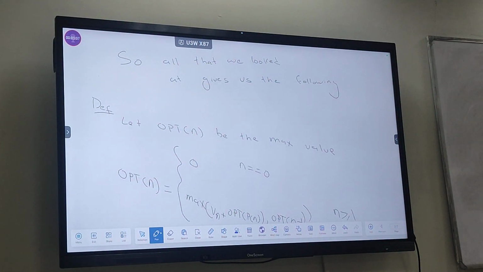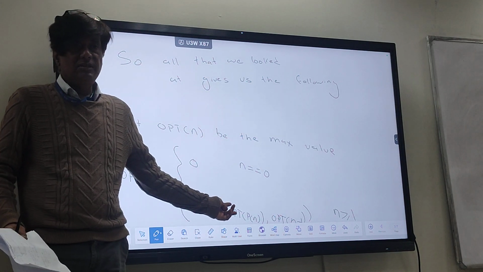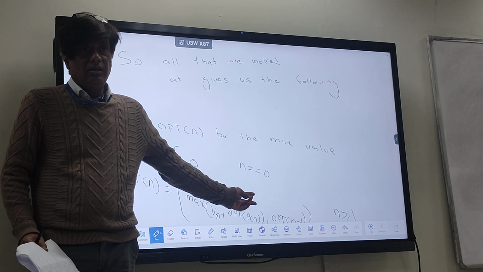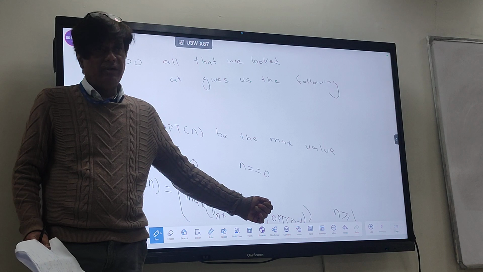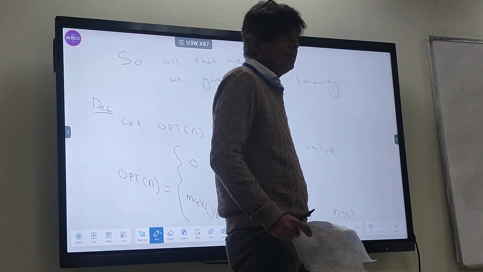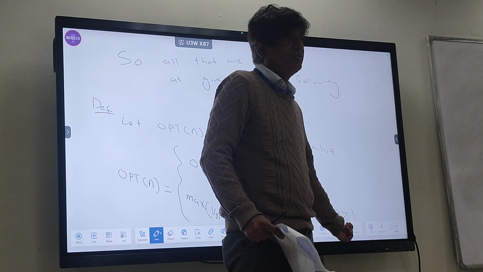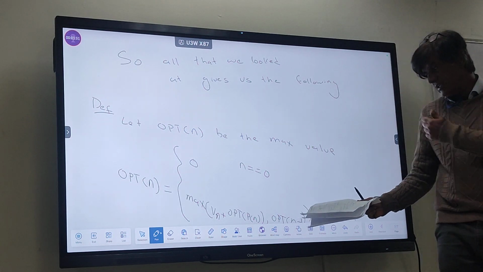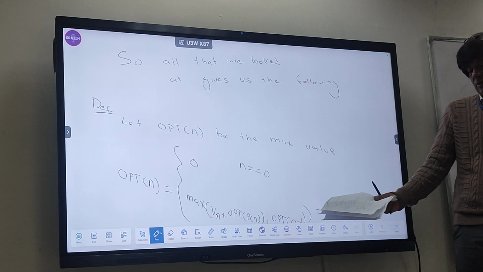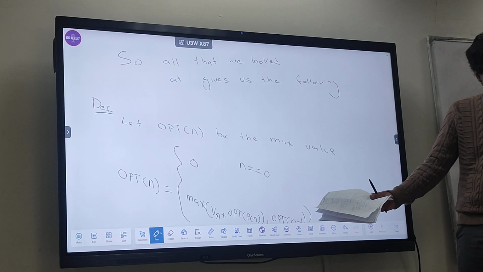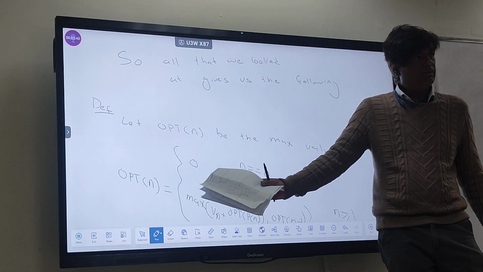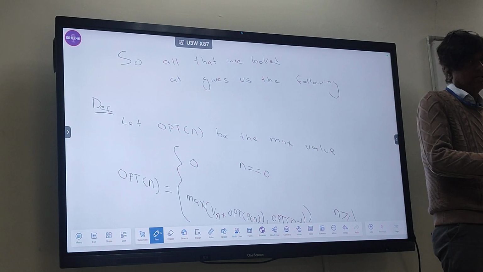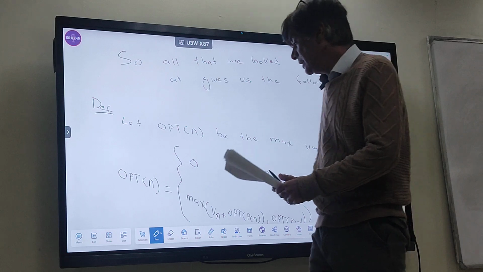So it's a simple thing. If we select v of n, the rest of the calculation will be based on requests from 1 all the way up till p of n, and if we don't select n, the rest of the calculation will be done from 1 till n minus 1. So we see which option gives us the maximum value, and we choose that option. For now we are just selecting the maximum value out of these two.